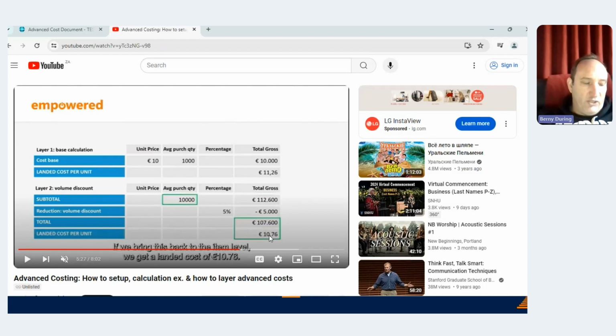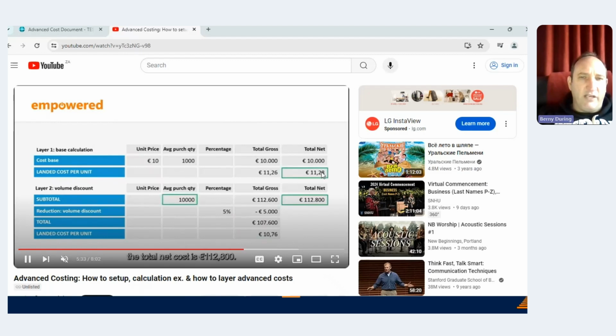Okay, and the system will then show that 10.76 already when I start selling at the beginning of the quarter or at the beginning of the year, letting my salespeople know this is the type of price that you can be looking at for this item. Even though the system shows a higher price, work on this as the actual price that we will be dealing with. And then applying that same thing